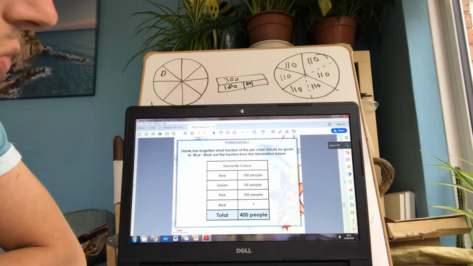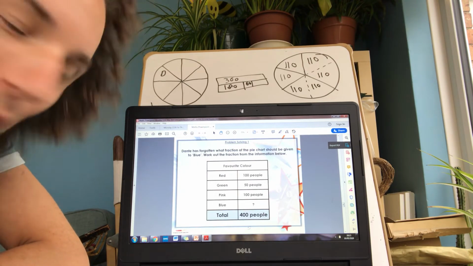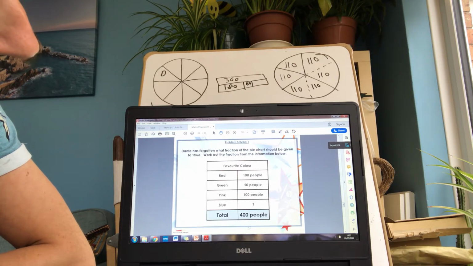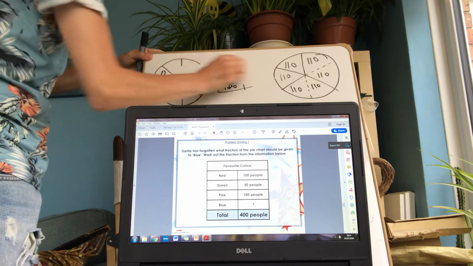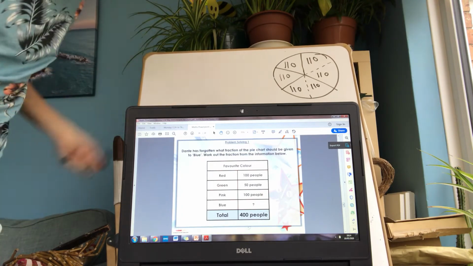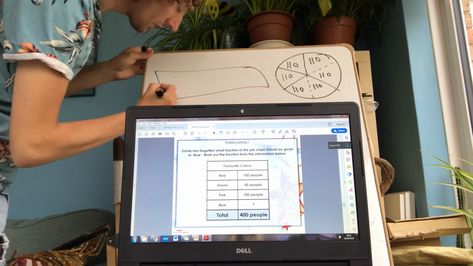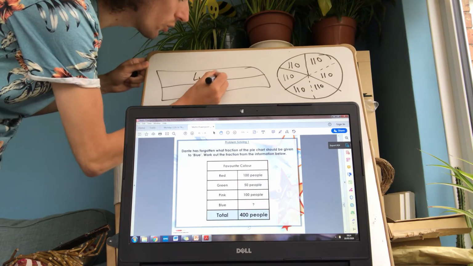Dante has forgotten what fraction of the pie chart should be given to Blue. Work out the fraction from the information below. Now this is quite tricky. Well, before we find the fraction, let's not even worry about the fraction. Let's work out the missing number. Okay, so there's out of 400 people. So wait a minute. I think this is a perfect bar model opportunity. Oh, you know how I feel about a bar model, my puddings. Right then. So, out of 400 people, we've already got